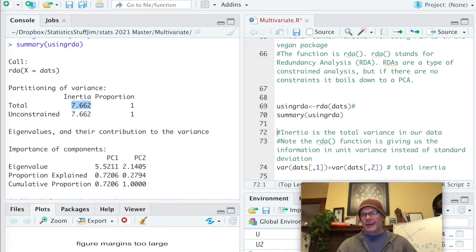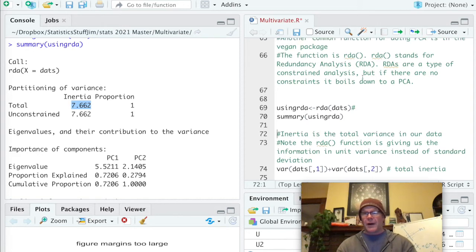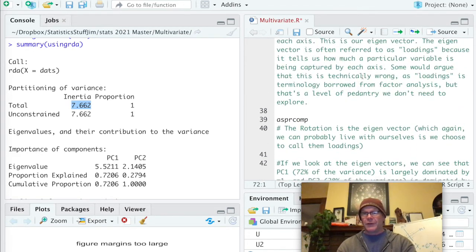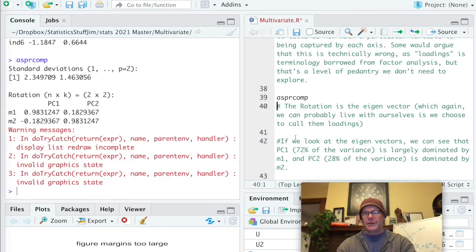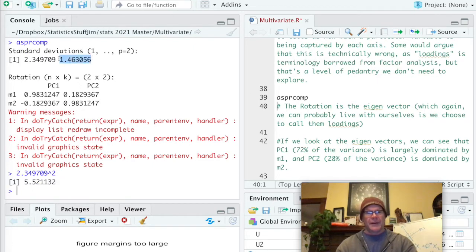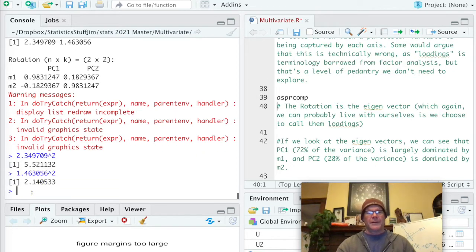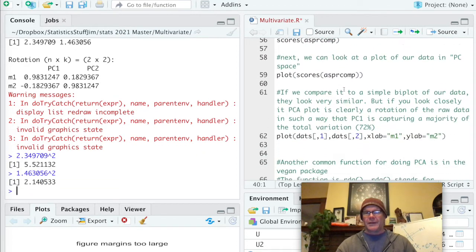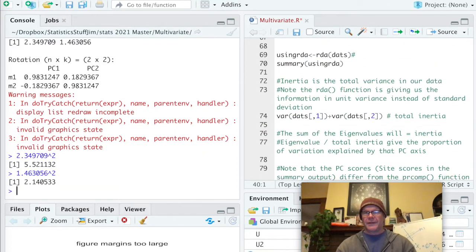And you might recognize that 7.662 because that was the value we got when we took our results from here, when we took these values and squared them. So if I take that and I square it, and I take that and I square it, and then if I go back down here,